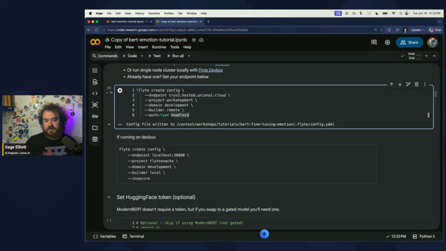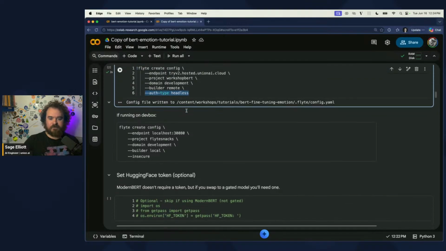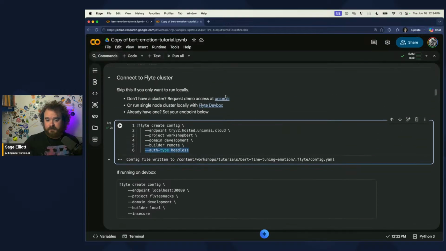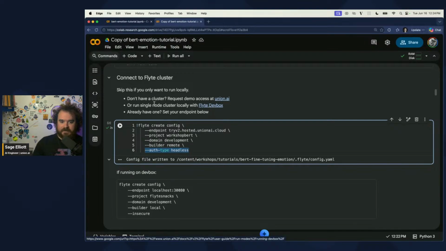And then authentication, we're just setting to headless. This just gives you a little bit of a different way of doing this because we're in a headless Colab environment. If you're running this locally, you wouldn't need this here. And if you do want to run this locally, so again, you have a demo cluster for this workshop right now. But if you do want to run this just locally, you can set up a single node cluster with